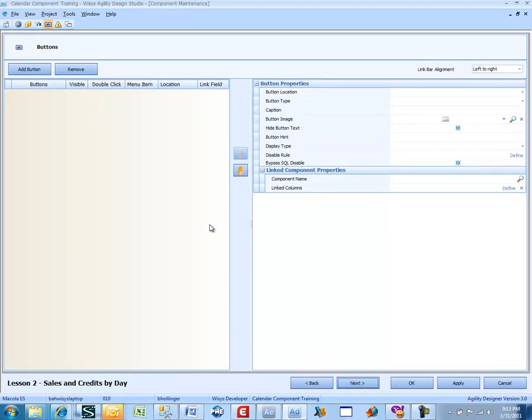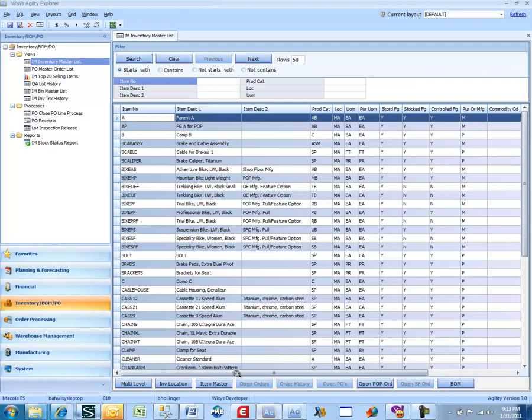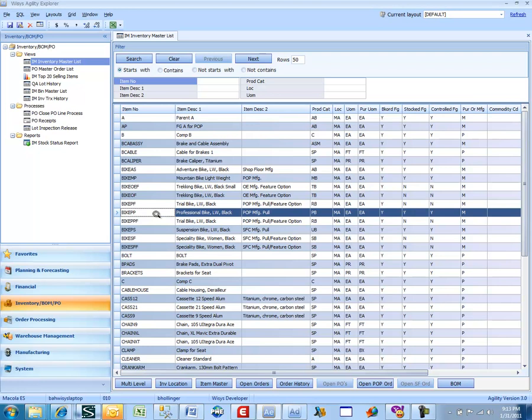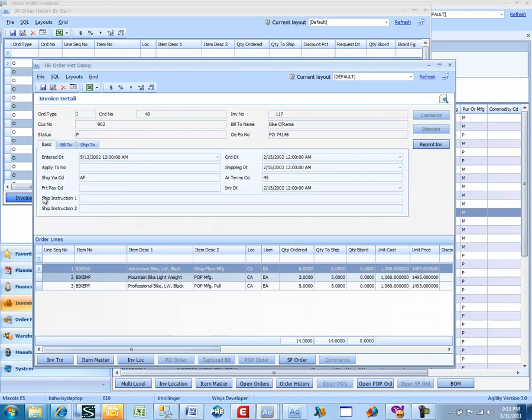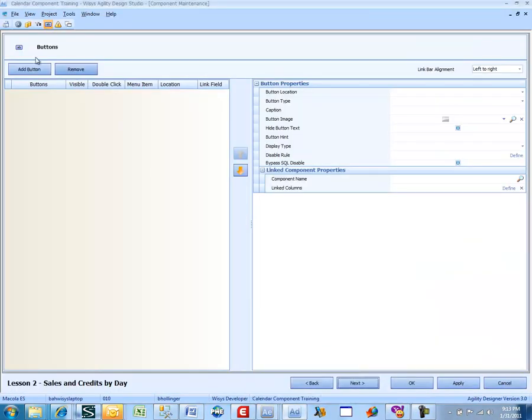Now I want to add a button. Now that I have this list of order history information, when I bring that back, I'd like to be able to drill into that. So I'm going to go over to Agility Explorer, and I explained this before. We're going to create a button out of a view that's there, and I need to find it. And we did this under Grid Components. I'm going to go over to Order History and look at the invoice, so I can drill right into this invoice, and it's going to be called OE Order Hist Dialog. So I'm going to go back over here, add a button,